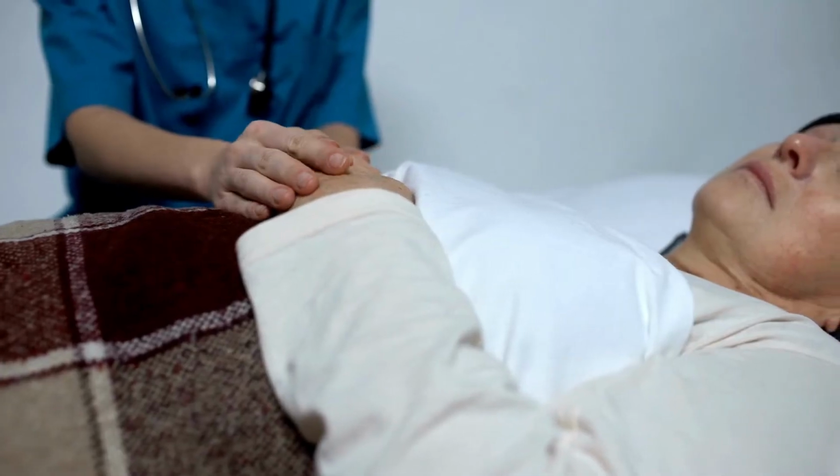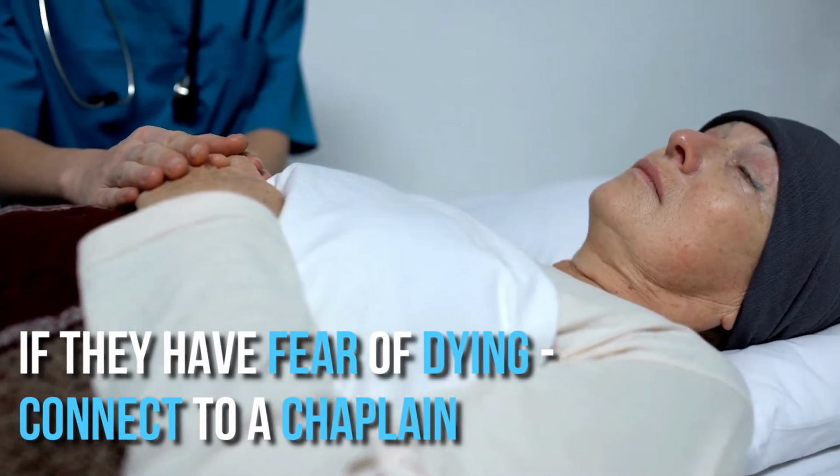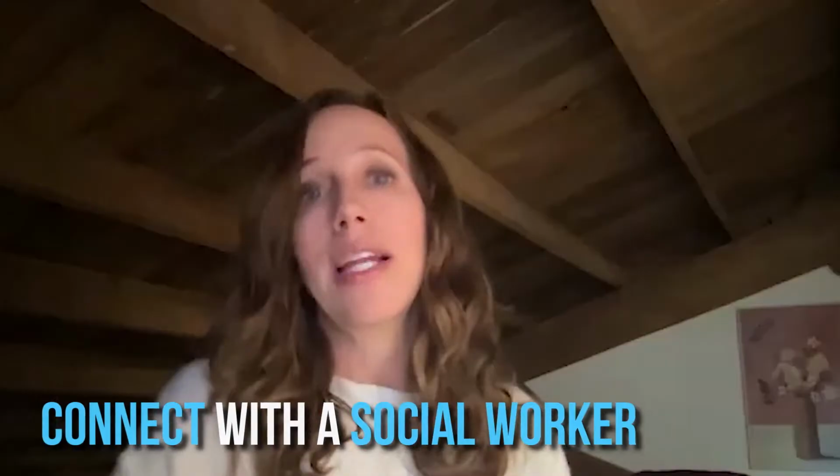their pain under control. If you realize that they're having some spiritual issues, maybe talking about their fear of dying, I will connect with the chaplain and make sure the chaplain knows and make sure my teammates know. And if there's some family dynamic issue, or maybe the patient wants to leave our inpatient unit and live somewhere else, I'll connect with the social worker that we have on site there to kind of help facilitate